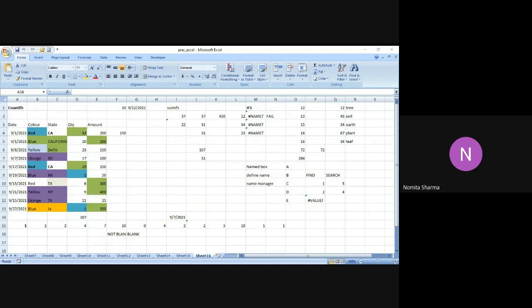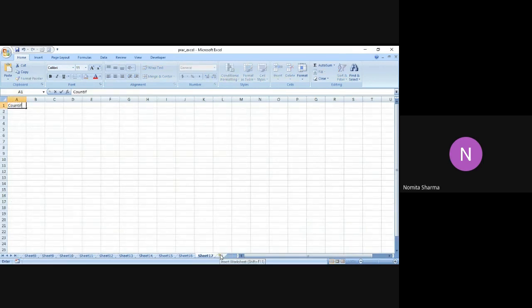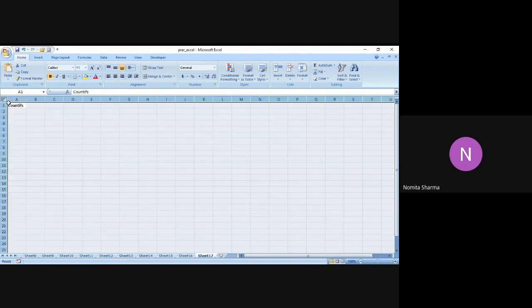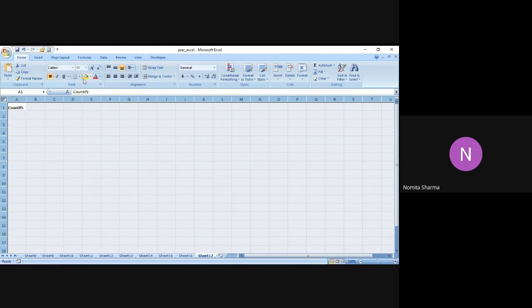So the Excel COUNTIFS function returns the count of cells that meet one or more criteria. COUNTIFS can be used with a criteria based on either dates, numbers, text, or other conditions. So let's go to the Excel sheet, and as we can see, we have already done a couple of functions in the last class. So let me go to the new sheet, and let me start doing the COUNTIFS function for the class. So let me make it bold, and let me also make the cells quite bigger so that it can be easily viewed by people.